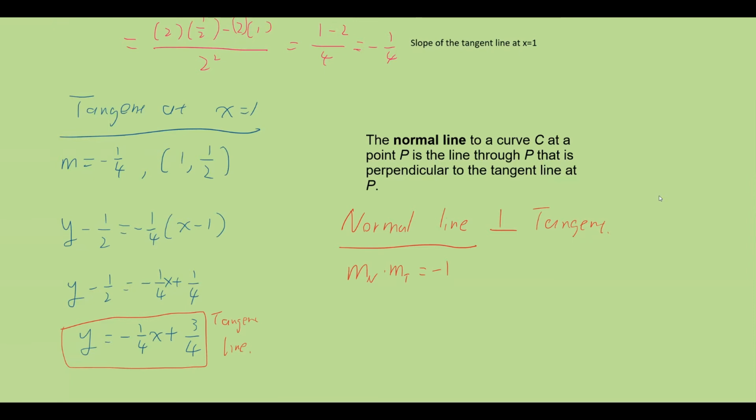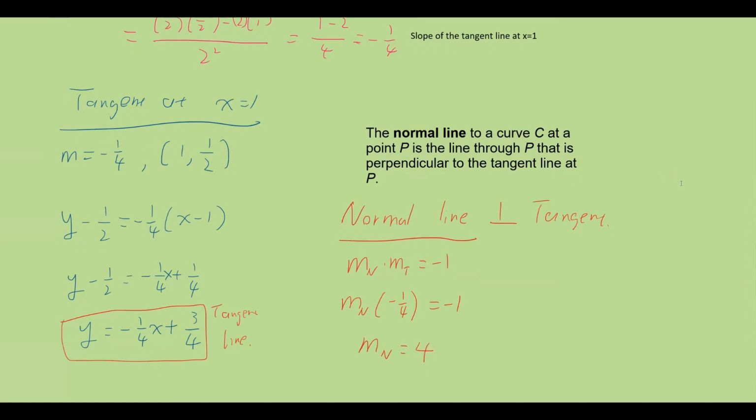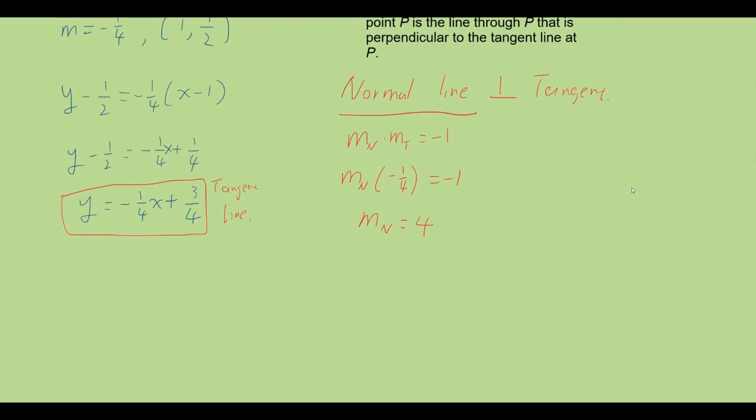So the slope of the tangent line is negative 1/4, and the product should be equal to negative 1. That means the slope of the normal line will be multiplying by negative 4, so we have positive 4. Okay. So the normal line also will go through the point P, which is (1, 1/2). So we're going to use the new slope for the normal line and the point on the curve (1, 1/2) to find the equation of the normal line, which will be y minus 1/2 is equal to 4